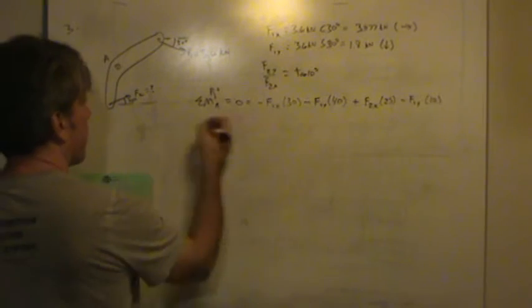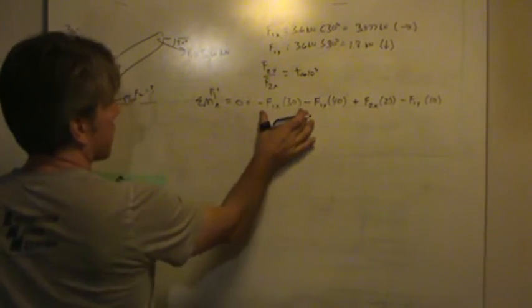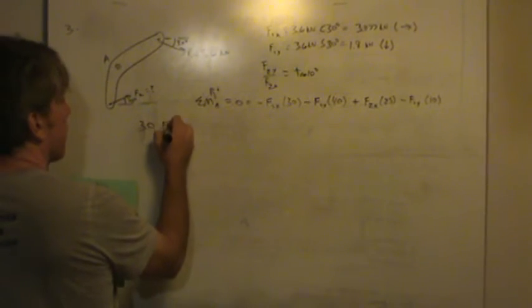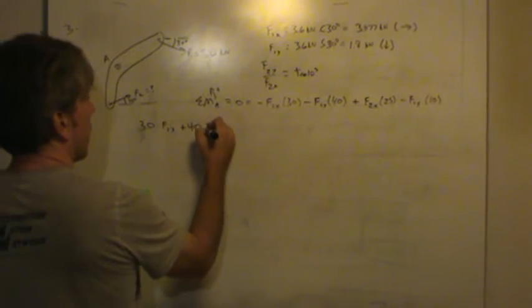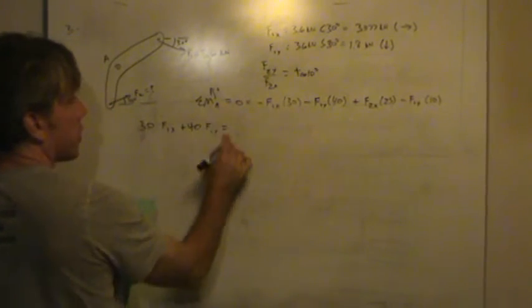So let's start off by putting all the F1 stuff on one side and simplifying things. If I move this to the other side, both of these negative signs will go away. I'll just pull the dimensions out front. F1x is this term, plus 40 F1y is this term, equals, just basically moving these to the other side,